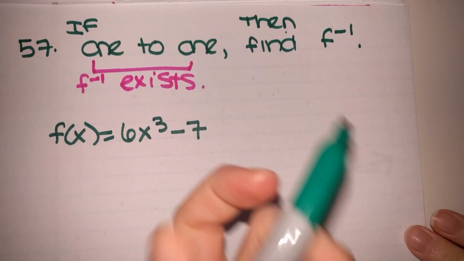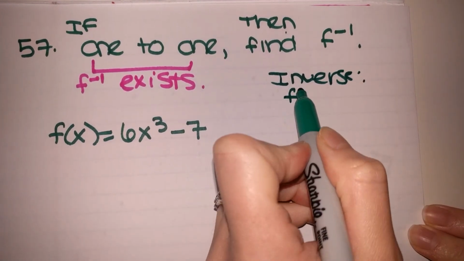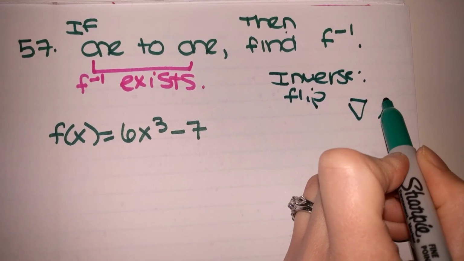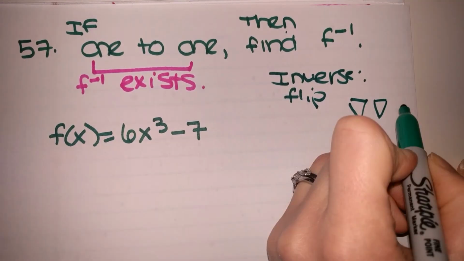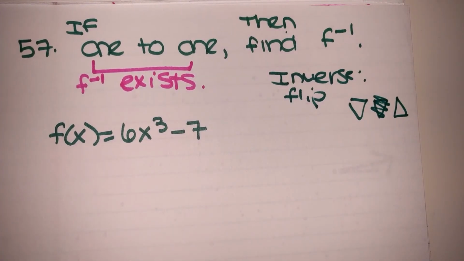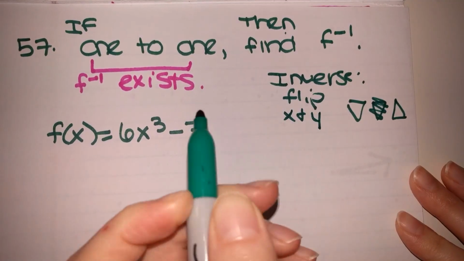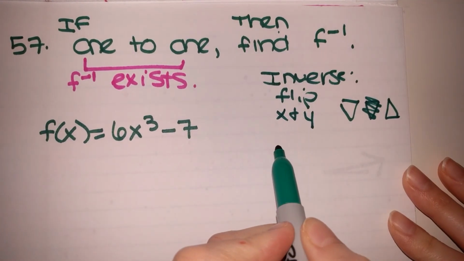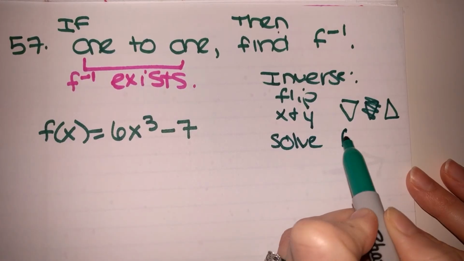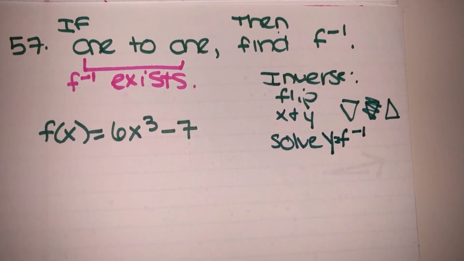Now, when you talk about an inversion or an inverse, I really want you to remember that you flip things. So like if you have a cone and you invert the cone, you're going to flip the cone around, right? So when we talk about an inverse, we are going to flip the x and the y variables, and then what we're trying to do is we are trying to solve for a function. So because we're trying to solve for an inverse function, we are going to have to solve for the y